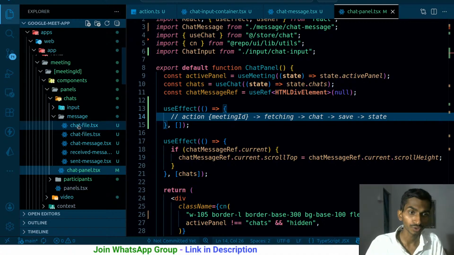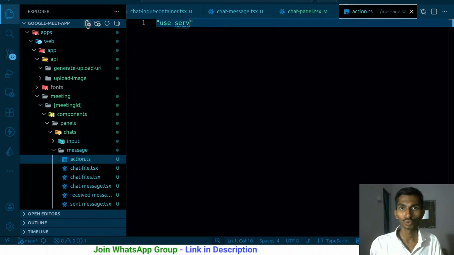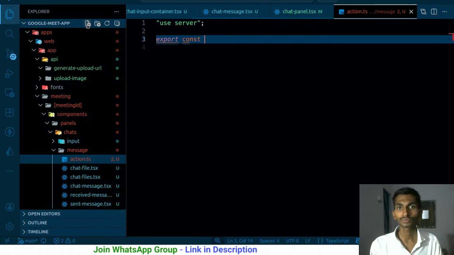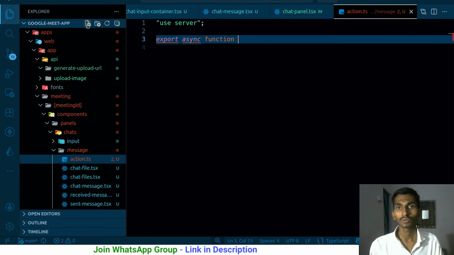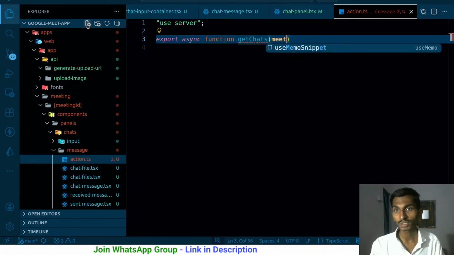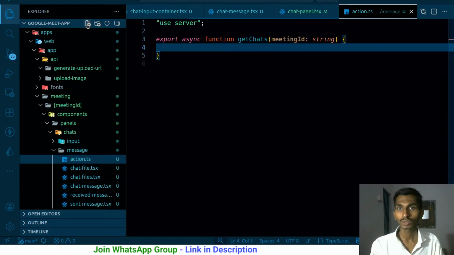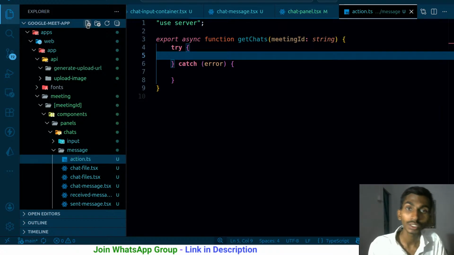Let's create the action first of all. Inside message, I'm going to have one more action. In action.ts, use server, export async function getChats. This time I'm going to be getting many chats. Here I'm going to get the meeting ID, and the meeting ID is nothing but a string. Once I have this, I'm going to use a try catch block. For getting the chats, I'm going to use the same